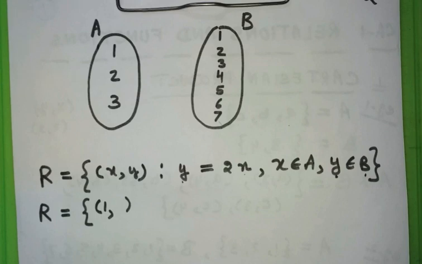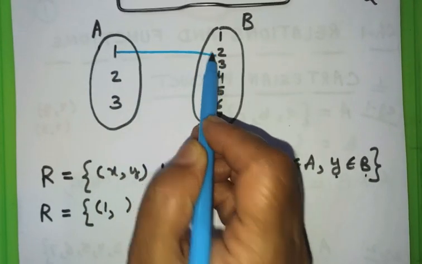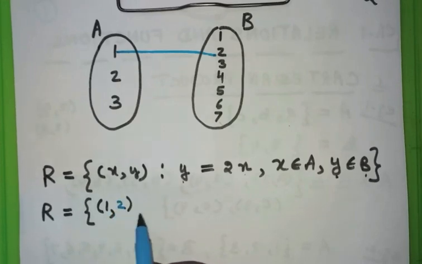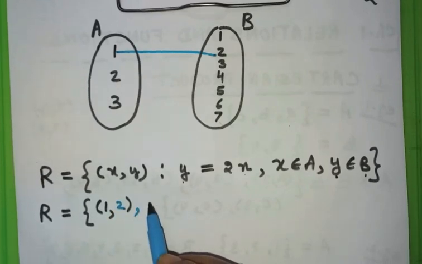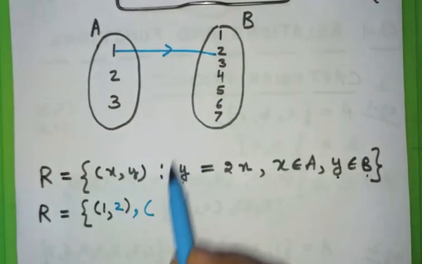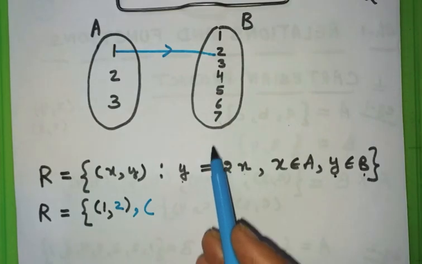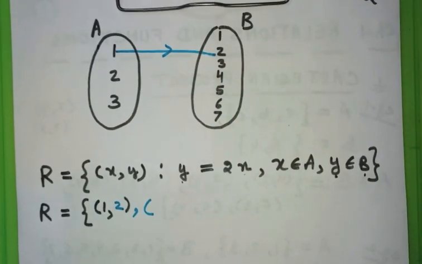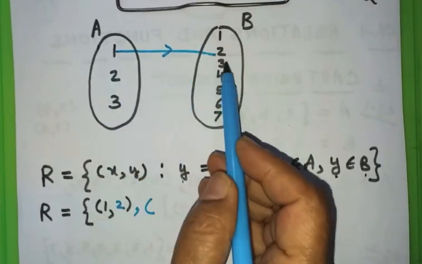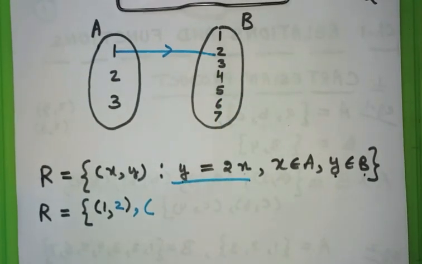So what do you see? Which element is double of 1 here? So you can see 2 is double of 1. So here you can write 2. So double of 1 is only 2. No other element is double of 1. This relationship of doubling will be there only in 2 elements. If 2 is double of 1, then 3, 4, 5, 6, 7 or 1, none of them can be double of 1. So 1 can be paired up only with 2 according to this rule, according to this relationship.